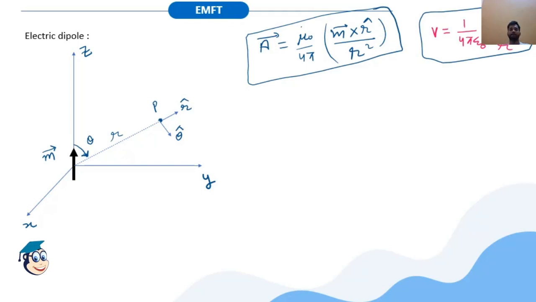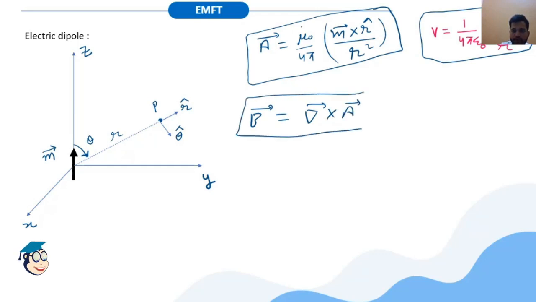But here in this case we know that the magnetic field B is given by curl of A. This is how we define A. So to calculate the magnetic field, you just need to take the curl of this quantity. Before that, I must write this A can also be written as, let me erase this part. We don't need this quantity anymore. I just wrote it to help you remember.